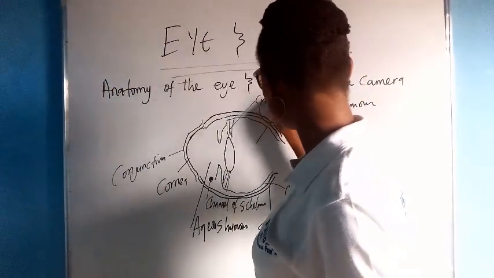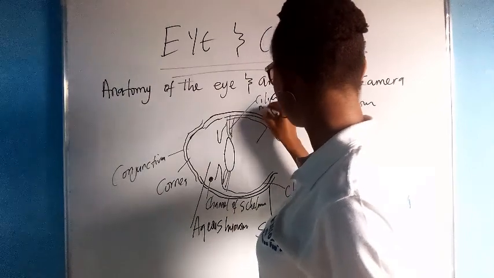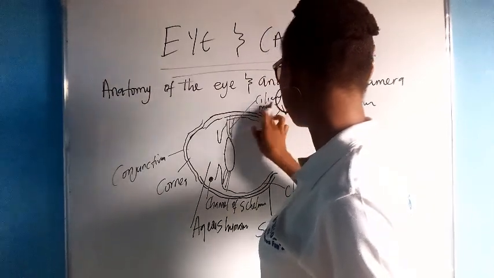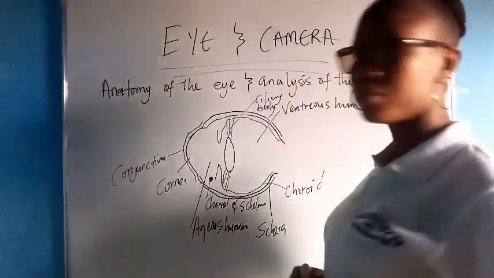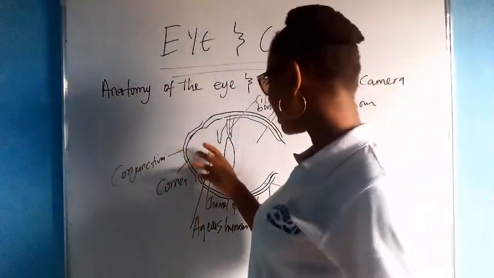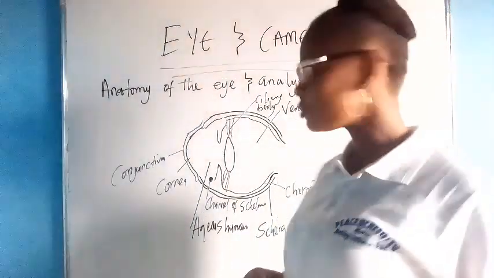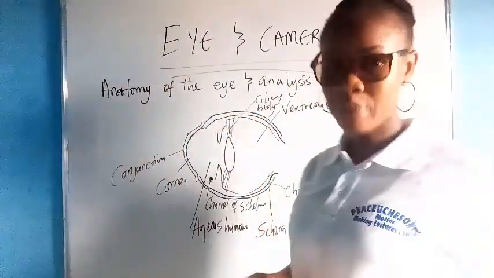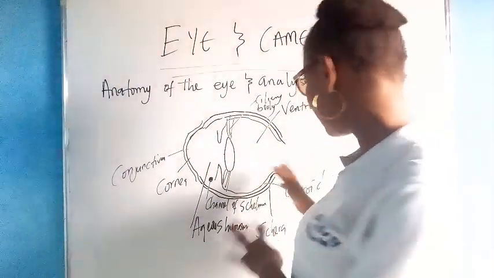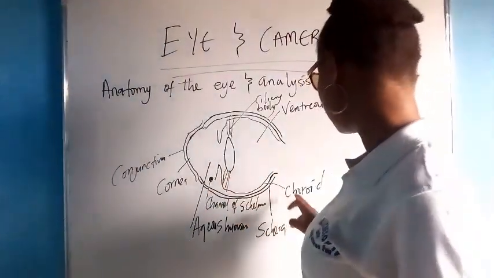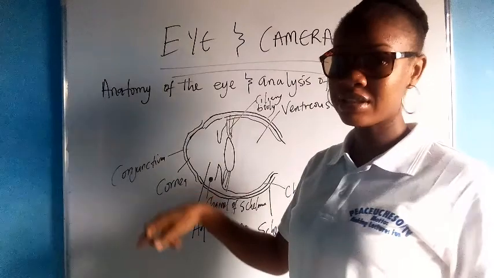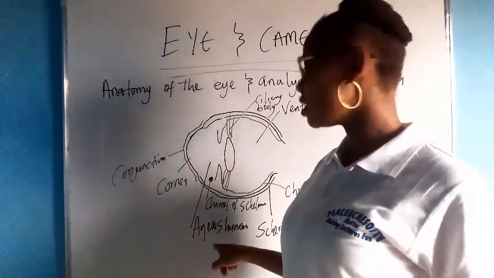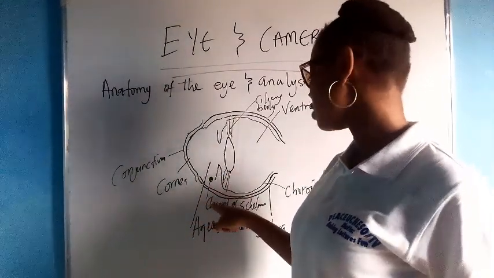This is the ciliary muscle body, rather. Okay, so when light rays enter the eye, what absorbs it after refraction and all that is the choroid. The ciliary body secretes, remember, aqueous humor, when I was talking of the aqueous humor that drains into the canal